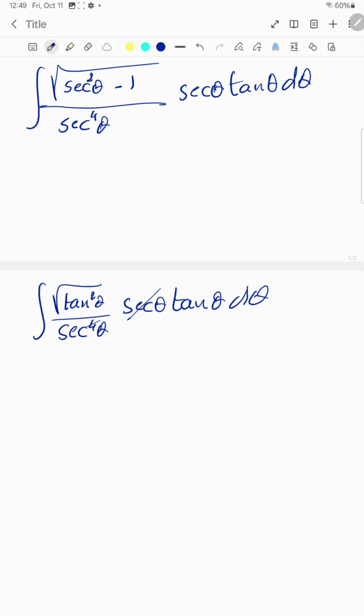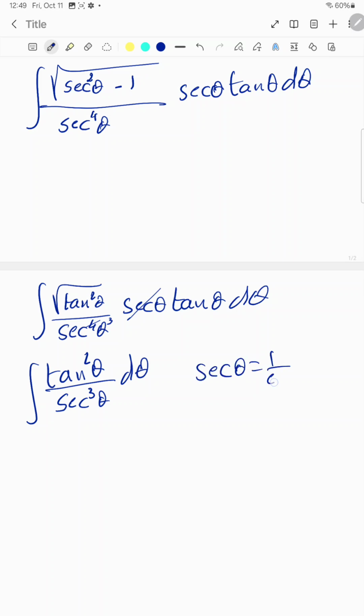I know this sec and this become to the power of 3. I can simplify, and then the square root of tan squared of theta is tan of theta, times this tan of theta, it becomes tan squared of theta. So my integral becomes tan squared of theta divided by sec to the power of 3 theta d theta. But I know sec of theta is equal to 1 divided by cosine of theta. So sec cubed here is 1 divided by cosine cubed. So if I have tan to the power of 2 theta divided by 1 divided by cosine cubed of theta,